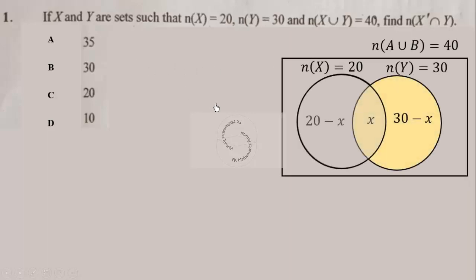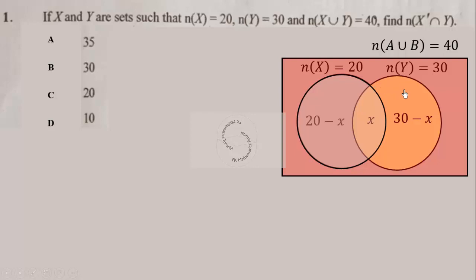Now we can illustrate this on a diagram like this. So x prime, this is x. This circle here represents the set x. X prime is all the region outside the set x. Then the region y is all this yellowish region. Now when we shade the region outside of x in red,